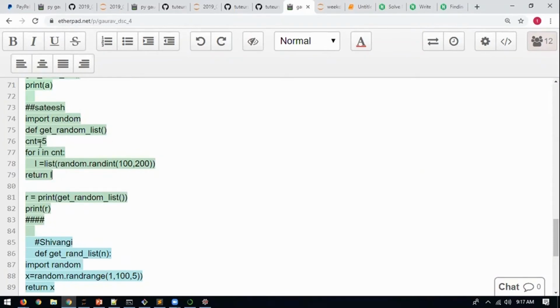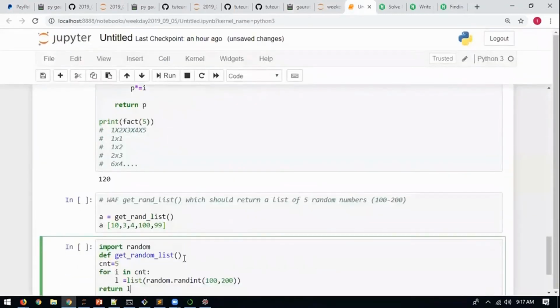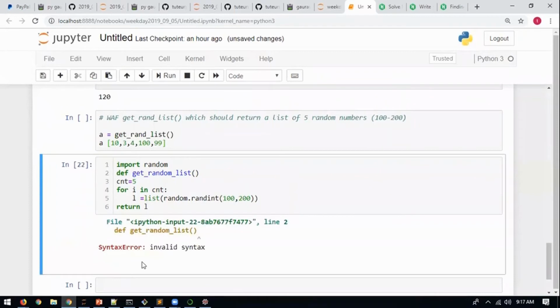I'll just show you one thing. When you see some errors, let's say it says import random. Is line number 1 correct or not? Line number 1 is correct. If I run this code, it gives me a syntax error, invalid syntax. It says line number 2. Line number 2 means here. It points an arrow also there, that here is the error. What is missing there?